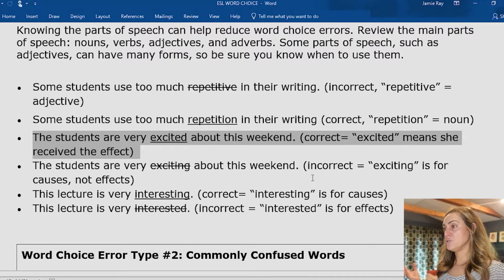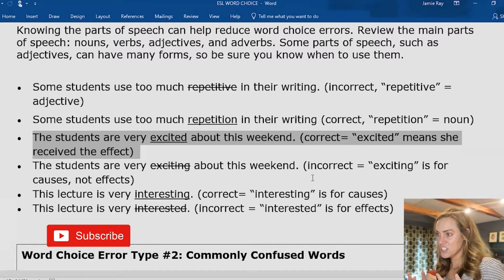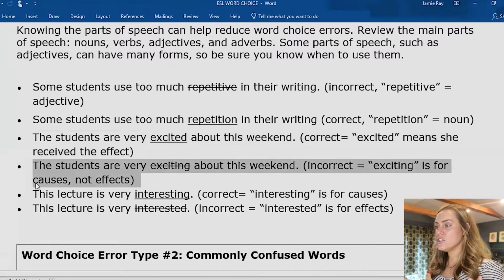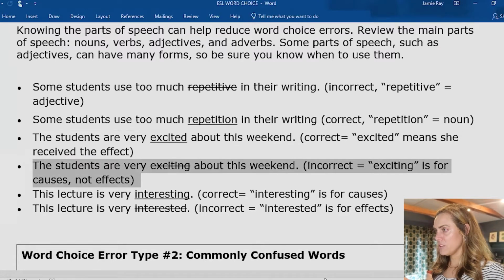That's the correct use of excited. It's an adjective. It describes the students. We can't say the students are very exciting about this weekend. We can't say that. It's not correct, but this is a very common word choice error I'm seeing often in my students' writing. And all it takes is to understand when to use the ed or the ing on a